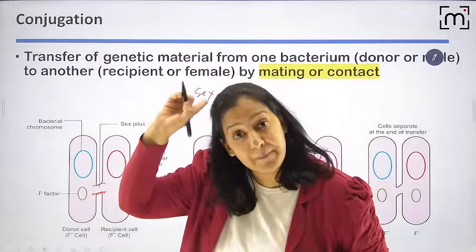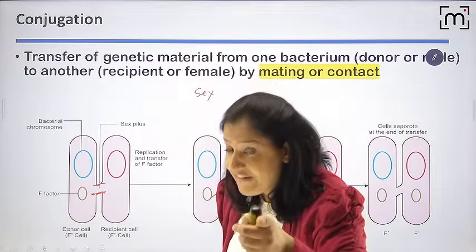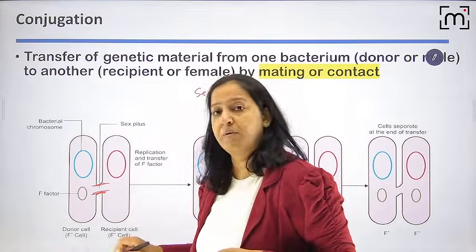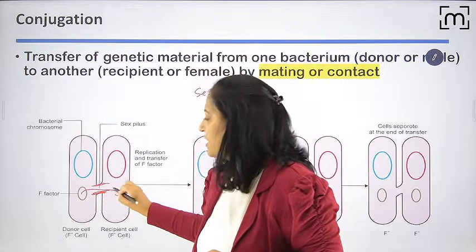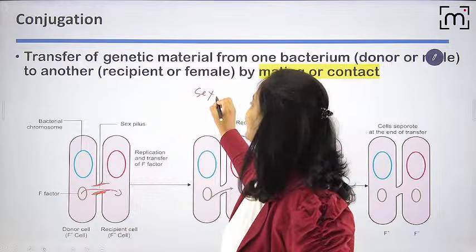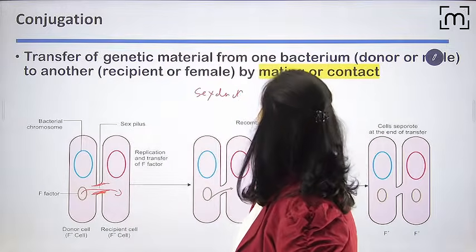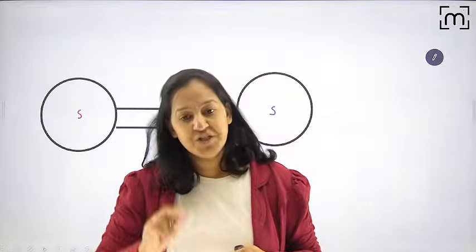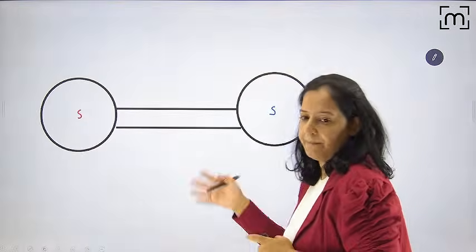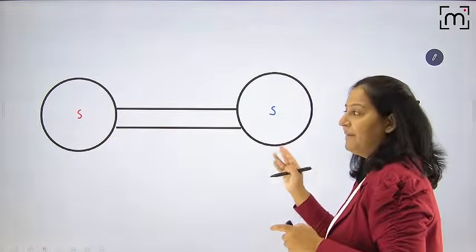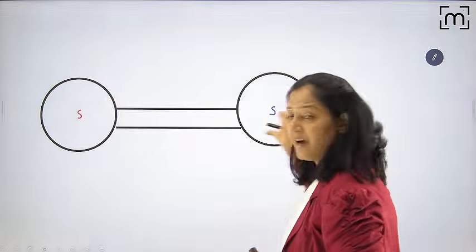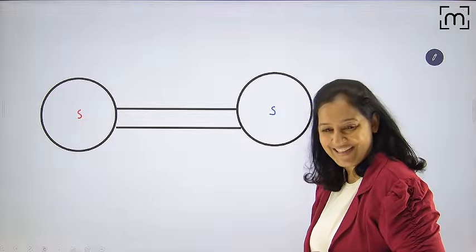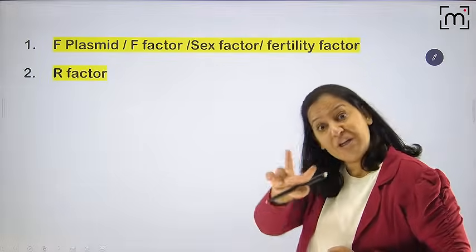With the help of fimbriae, the organ of adhesion, the organ of conjugation, or pili, they are making a tube. And via this tube, the genetic material is transferred from one bacteria to another. So it is known as sexduction in bacteria, or physical mating or physical contact in the bacteria. That is conjugation. You can see the diagram: bacteria A, bacteria B coming physically closer, making a tube, and the genetic material is transferred from one bacteria to another. Got it?